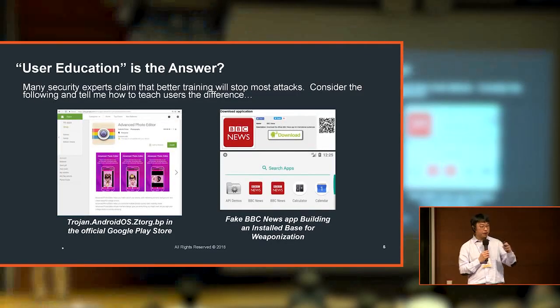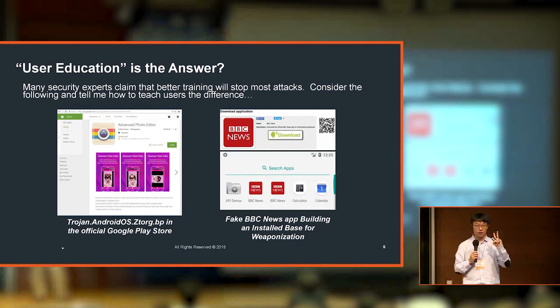Okay, another example, and I think a very important point: security professionals always educate everyone. Education is important because we are the weakest link. But please tell me, there is an application on the right-hand side called BBC News. There are two applications. Which one is real?